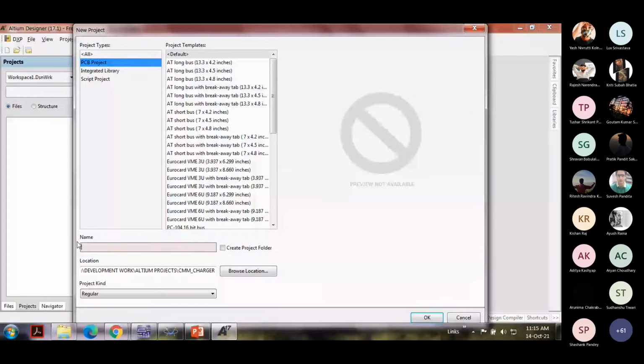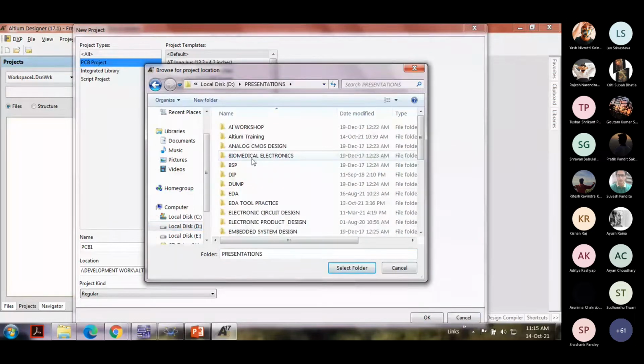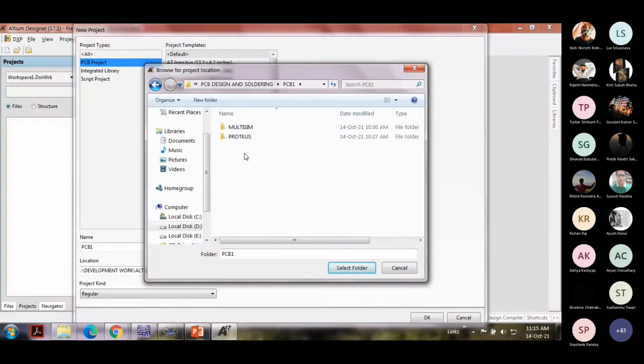I can set the location. In my case, I'll set the location to PCB design and soldering, PCB1. Okay, and I'll make a new folder here.